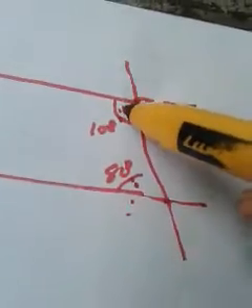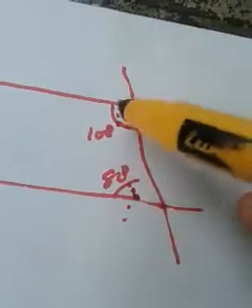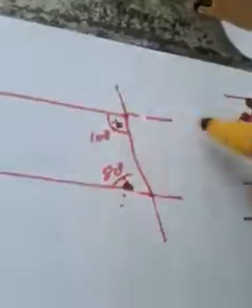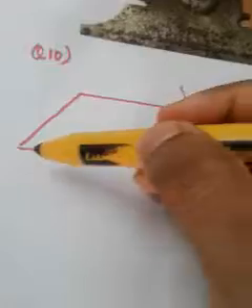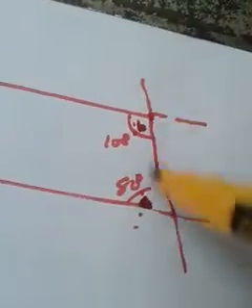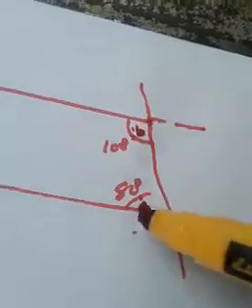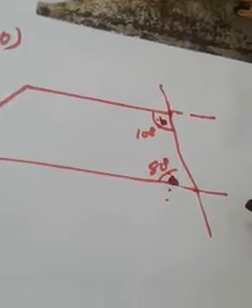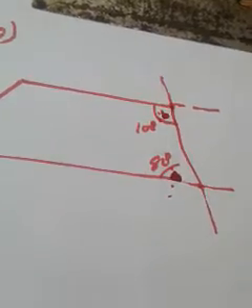Add these angles. 100 it is given, 80 it is given. When you add 100 plus 80, we will get 180. If you are getting 180, these 2 lines should be parallel. So you can easily say that this line and this line are parallel, because when you add angles on the same side of transversal, if the result is 180, these 2 lines should be parallel. So this kind of property they have used it to solve the remaining questions.